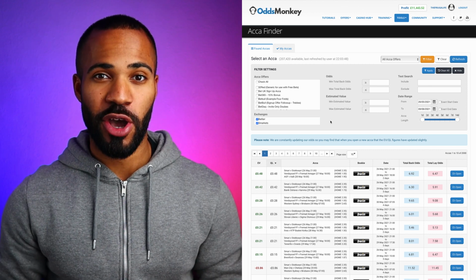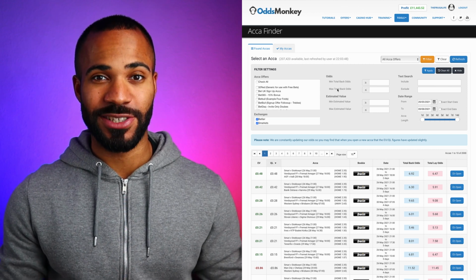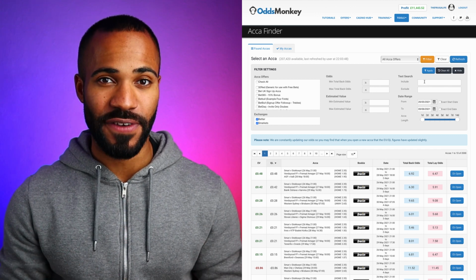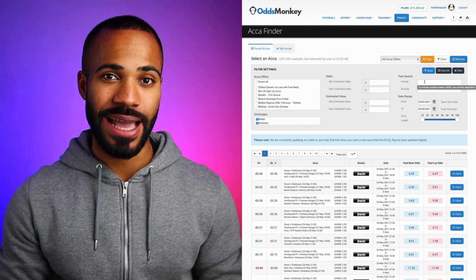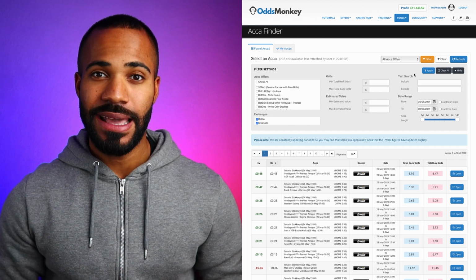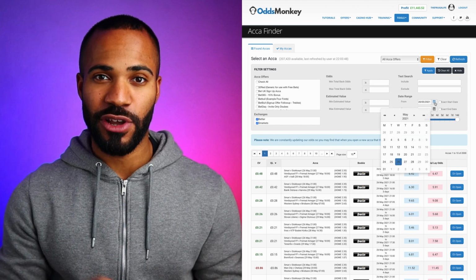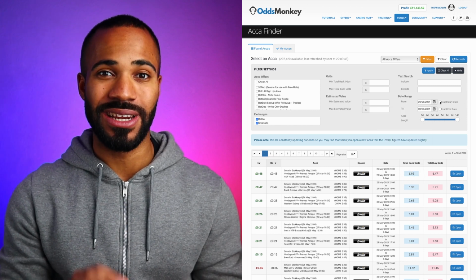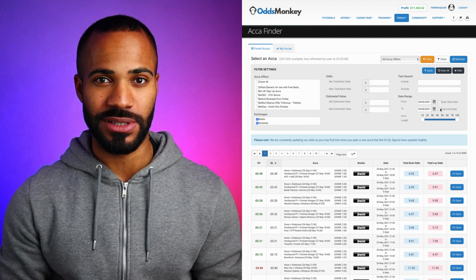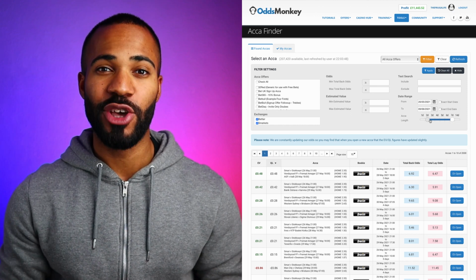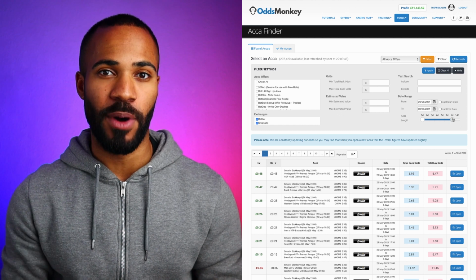You can determine the minimum and maximum odds based on the terms and conditions of that offer. And if you want to include or exclude specific games, you can do that by entering text in these two boxes in the top corner. If you want to find an accumulator within 2 date ranges, you can do that. And for an accumulator to start and finish on an exact date, just click these two boxes. And if you want to adjust the minimum or maximum duration of your Akka, you can do that by dragging the nodes in the bottom right corner.